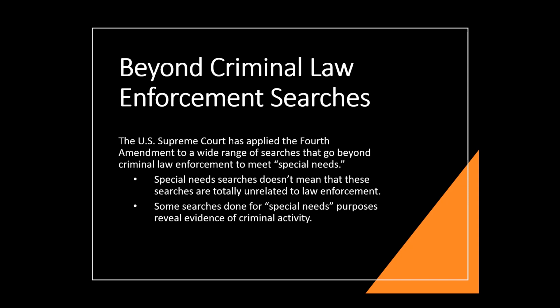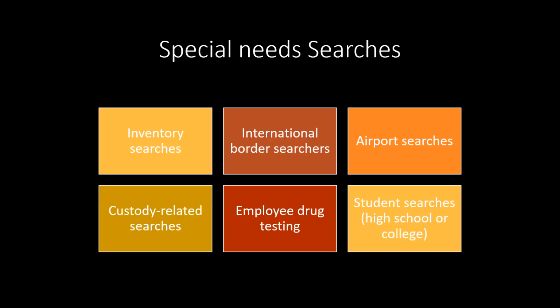So let's look at 6 of them that we could talk about. Well, there's inventory searches. We're going to go through these in some detail, but I'm going to give you a very quick overview of each one here. So an inventory search would be, let's suppose you arrested someone, or you pulled someone over DUI and you towed their car. Well, if you just arrested a person, when you book them, you're going to take his wallet, and there might be cash in the wallet or cards or other things. So you would do an inventory of what he had on him physically. Also, if you towed a car and you took it to an impoundment lot, there's going to be a search there for what's in the car. There might be something perishable. I mean, God forbid, there might be a small child in the back seat asleep or something,